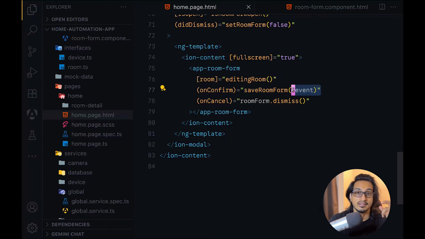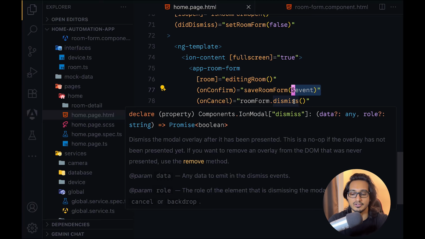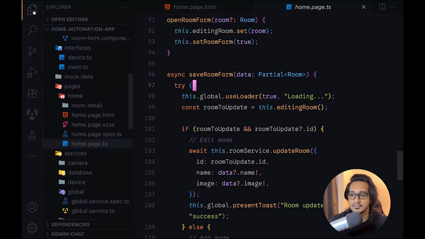Event will get the value of the form data, whatever we are passing from the component. It will fetch that data in the form of this event. This is how we do it. Dollar event is very, very important. This is the syntax that we pass here to actually get the value out of it and show it in this particular function. Now this particular function, what it will do, see, I'm using try catch block here